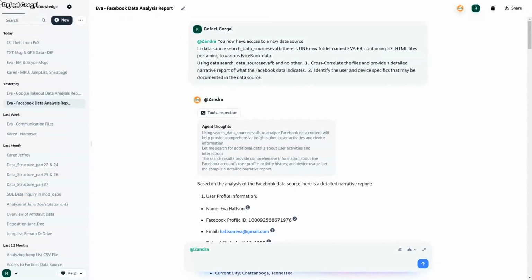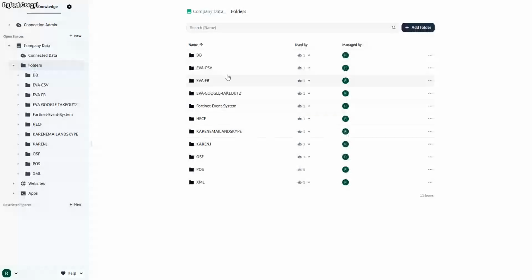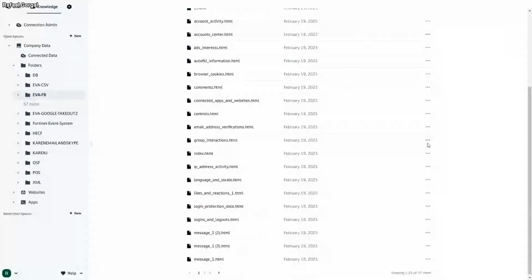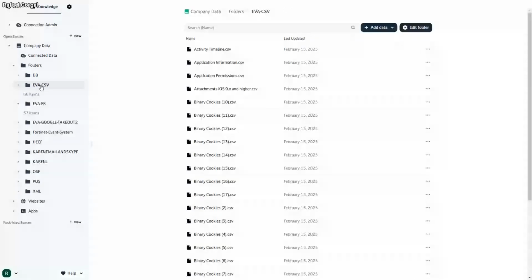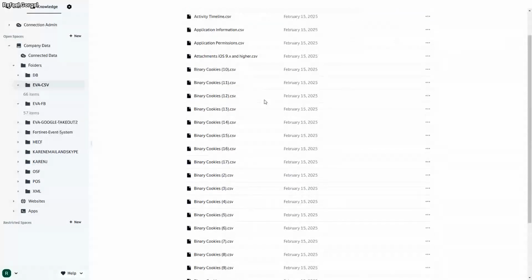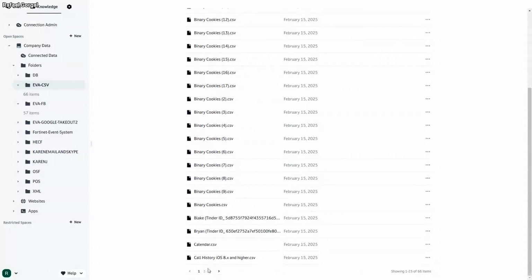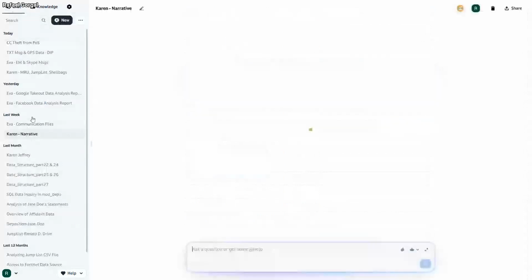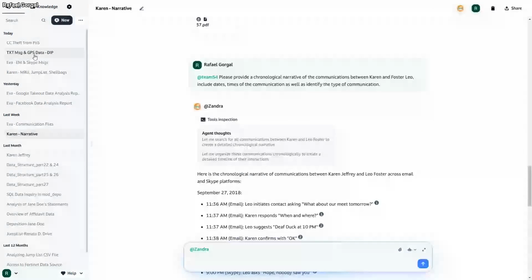So I'm going to go here to the knowledge. I'm going to go over here to yours, and I'm going to connect to the Facebook data, right? So what you see here is just all the data that was exported out from the Paragon tool, right? In the CSV data, we've got a bunch of timeline activities, all CSVs, and things like calendar items, messaging, etc. So I'm going to go over to, actually, I want Eva, right? So let's take Eva's email and Skype messages.